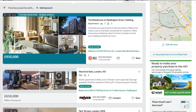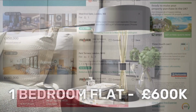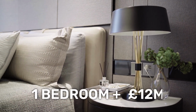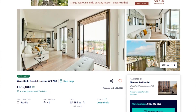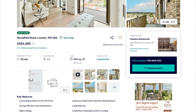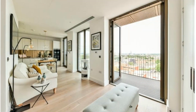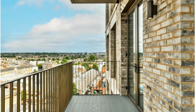Now, when it comes to new builds, I found that there was a total of 30 new build listings on Rightmove, starting from £600,000 for one-bed flats right up to £12 million. So this new home in Woodfield Road is on the market for £685,000. It's a studio flat, and the features include high ceilings, flooded with natural light, a flagship development, a spacious studio with a separate sleeping area, a large balcony, underfloor heating, parking available, which is really necessary in London, and